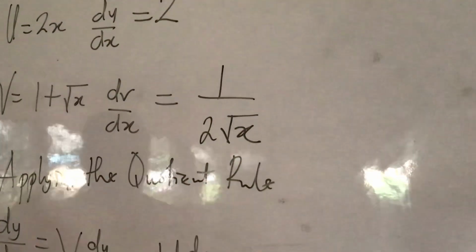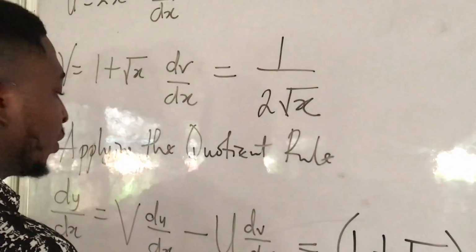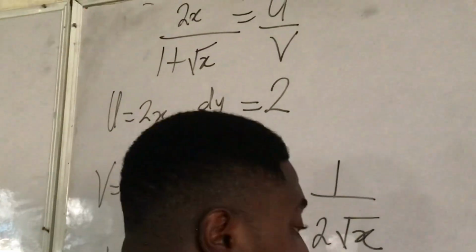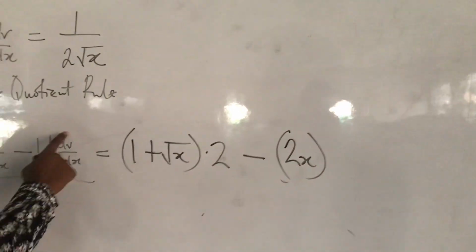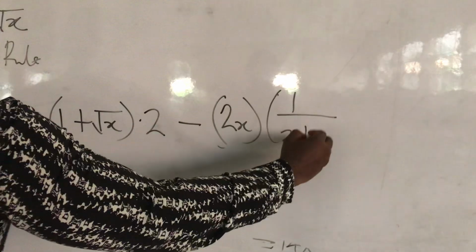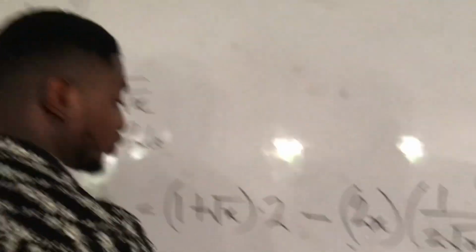My v is 1 plus root x. Who is my du dx? 2. Multiplied by 2. Minus, who is my u? My u is 2x. Who is my dv dx? My dv dx is 1 all over 2 root x. All over v all square. Who is v? All over 1 plus root x, or